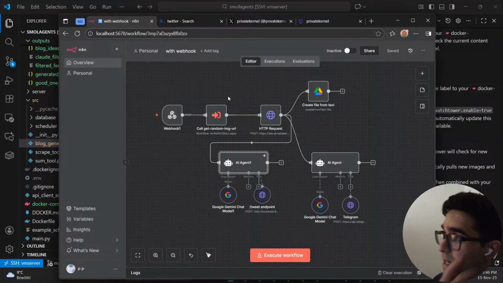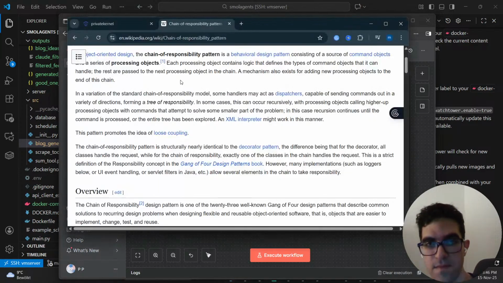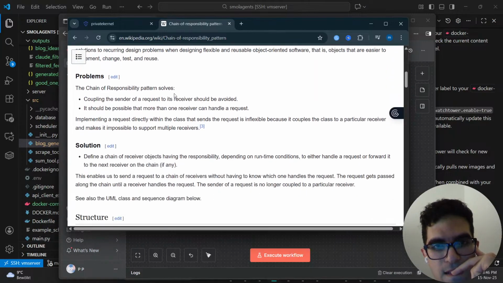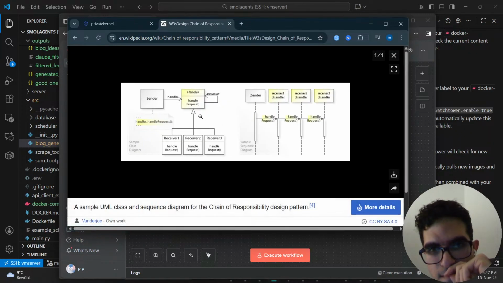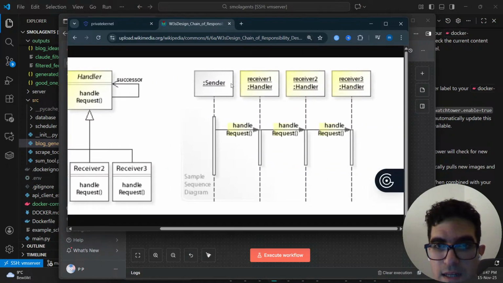So every node has a specific functionality, and then it has some input and some outputs. And then of course,